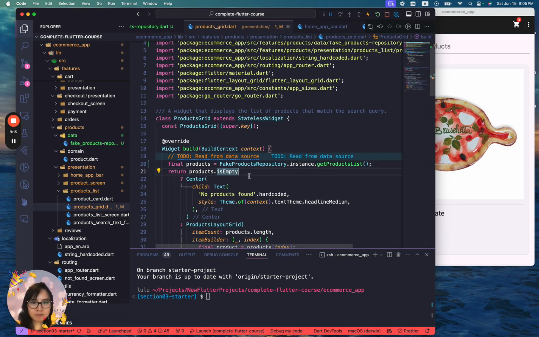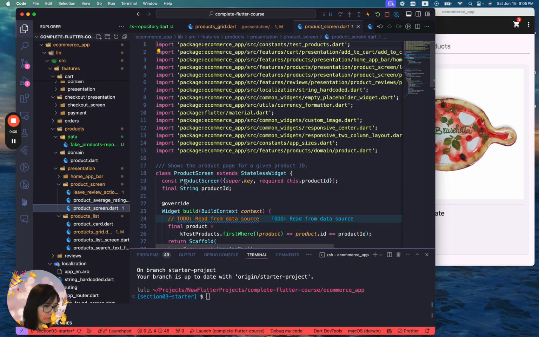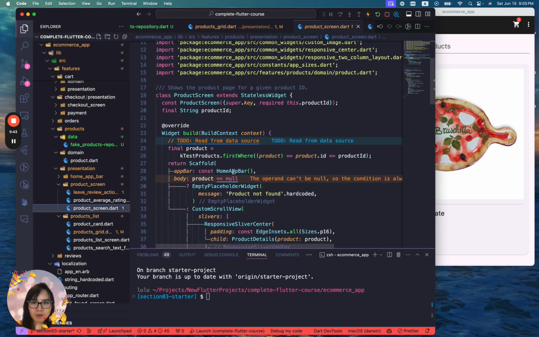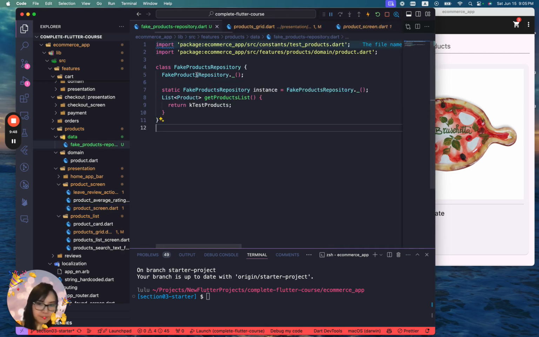Now we have more work to do in our repository, because this is not the only page where we work with the products data. In fact, if we open the product screen, we can find that in the build method, we also have this line that takes the global list of products and filters it using the first where method. But this is not the kind of logic that should live in our widget. Instead, I think we should move it to our repository. So let's get back to our repository, and here we can implement a new method that returns a nullable product. We can call this getProduct and give it a string ID as an argument. Then inside the method body, we can return